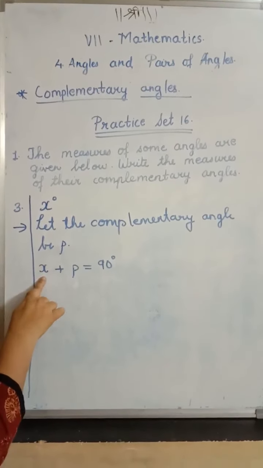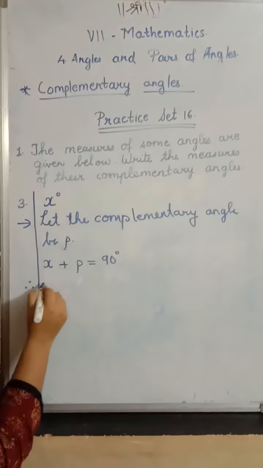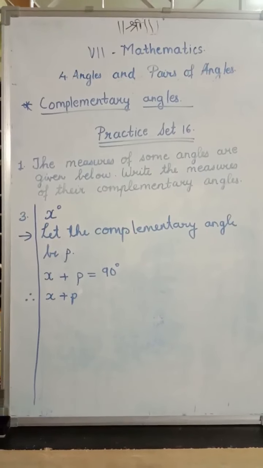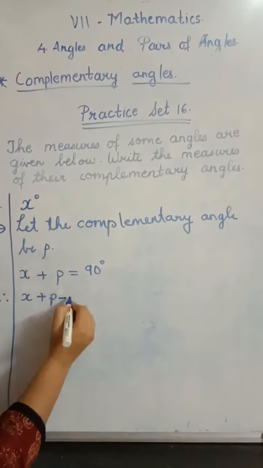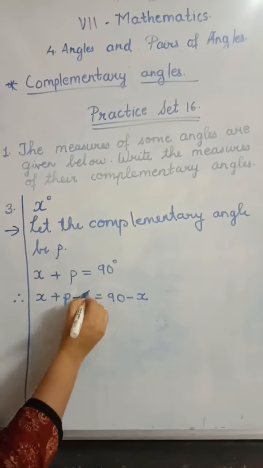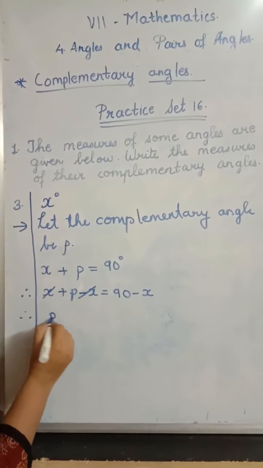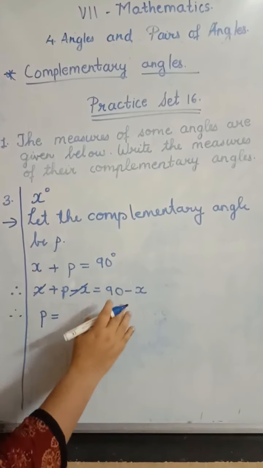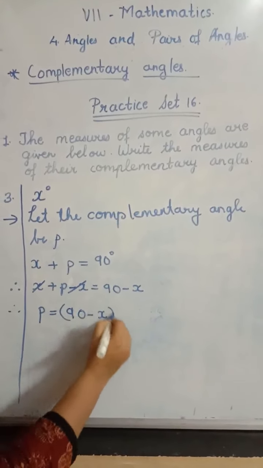With p, do we have positive x? The opposite of positive x is negative x. So x plus p we will write as it is. Now see what you are going to subtract. The opposite of x is minus x, is equal to 90 minus x. Positive and negative x will go. So here we have only p, then 90 minus x. From a number we cannot subtract a letter, so it will remain as it is. That is 90 minus x degrees.